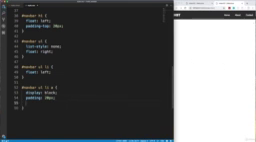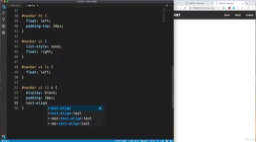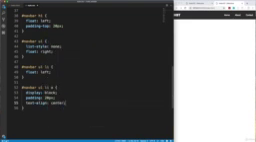Let's make sure they're aligned centered, so we'll say text-align center. And what else do we want to do? I think that's it. Now I do want to have a hover state. Right now if I hover over them, nothing happens. So what we can do is take this